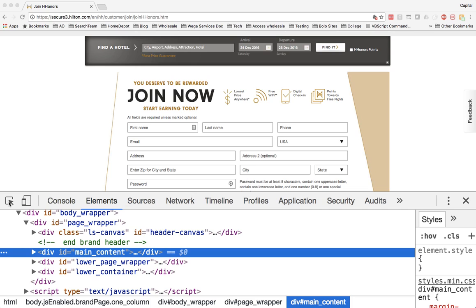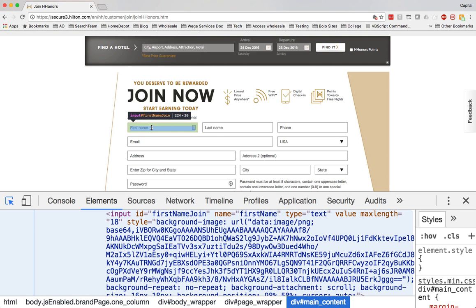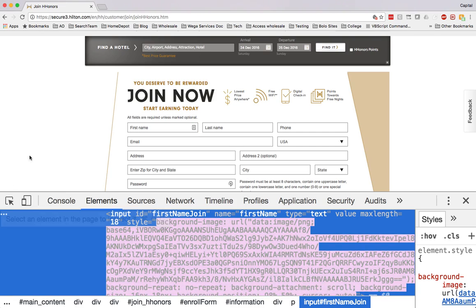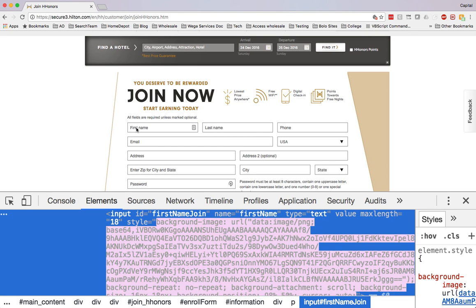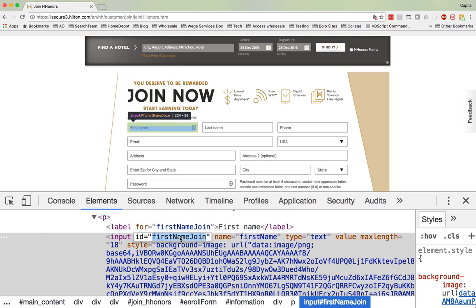So to actually inspect the element, we use this tool on the left corner here. So for example, for first name I can use this element to inspect this input box. Perfect. So today, for example, I will start with this first name input box. So you can see that the tag is an input and with ID first name join, and we have name values as well. So let me copy the ID first,